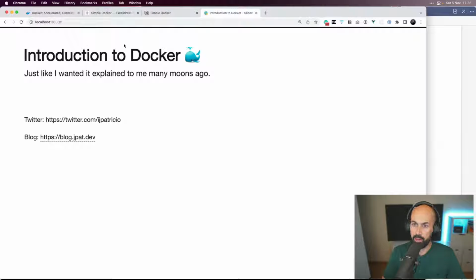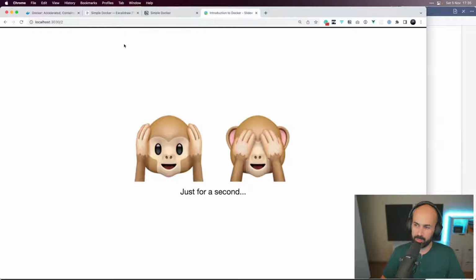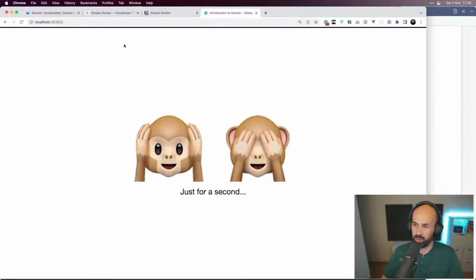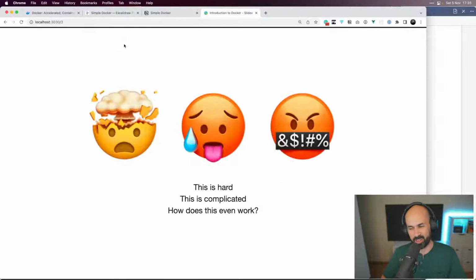So yeah, I would like to explain Docker as I would like someone would have explained it to me many years ago. If you've heard about it but never touched it, I want you to close your eyes or your ears.